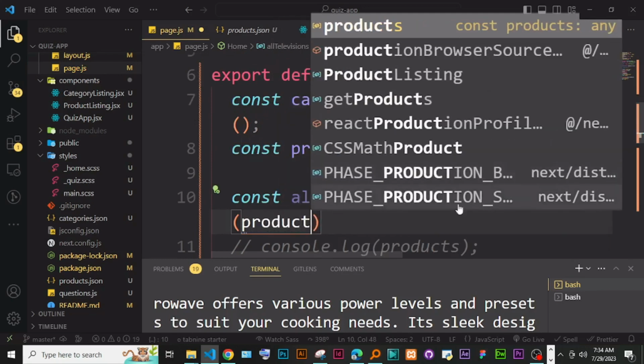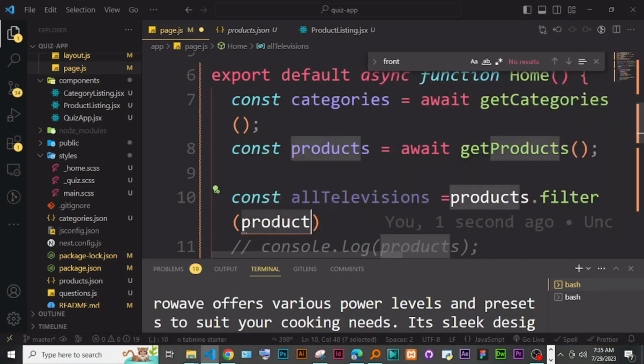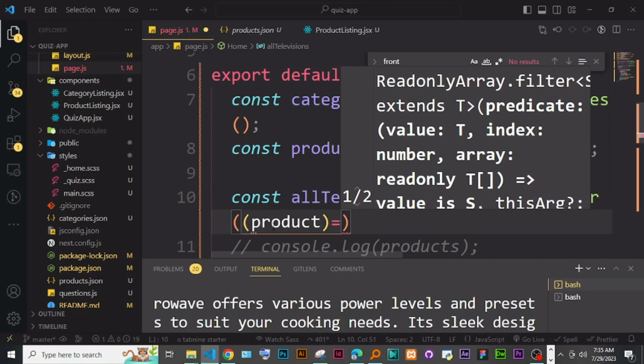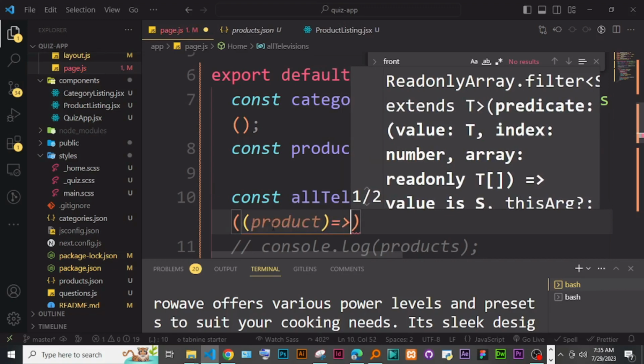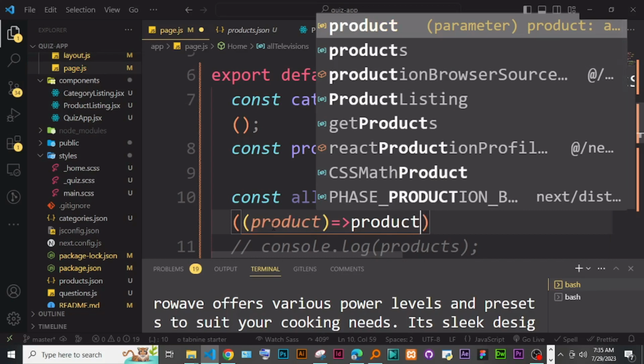And on this product, what do we want to get? This is a function, so I want to get back a product. Let me just do this. I want to get back a product whose category ID